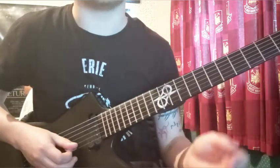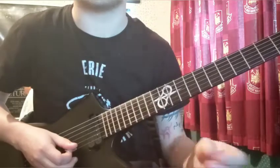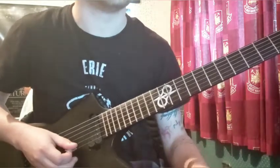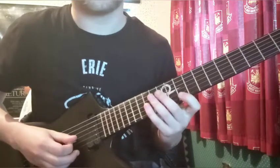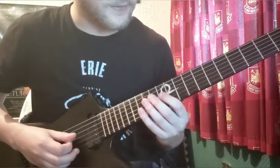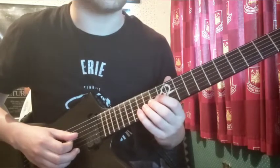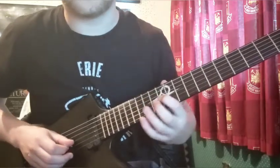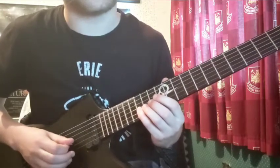That's a tough transition because you're thinking 16th notes and then you immediately have to go straight back to 8th notes and just kind of have whatever you're doing. Anyway, once we get past this, we're going to go down to the G and play the note G, because that is the 5 in our 1-4-5 sequence here, and play 12 up to the B, 15, 13, 15,